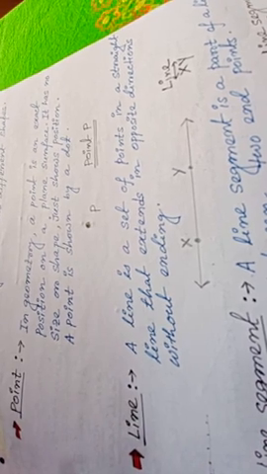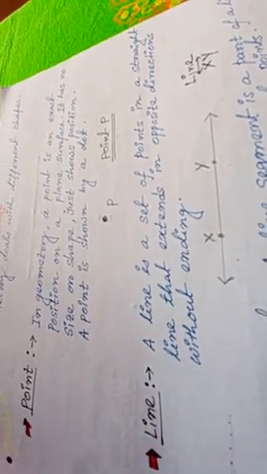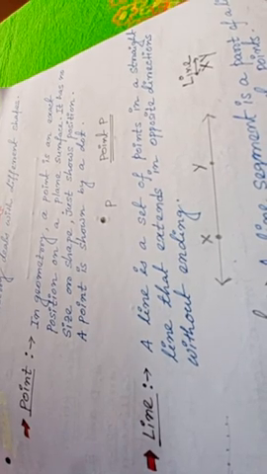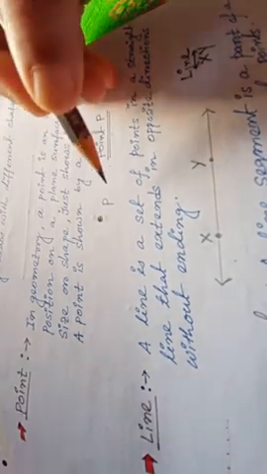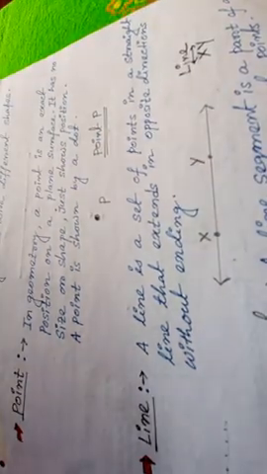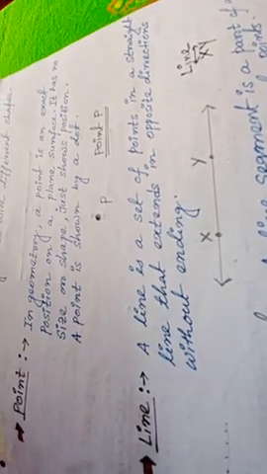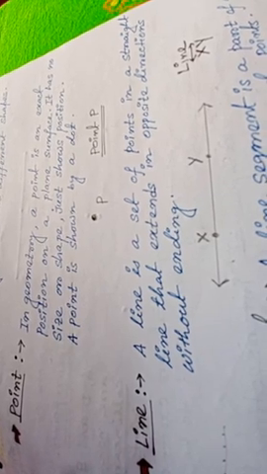So you see here, students, what is a point? In geometry, a point is an exact position on a plane surface. It has no size or shape, it just shows position. A point is shown by a dot. So we can use that dot symbol to show a point, and it is an exact position, and it has no shape or size.